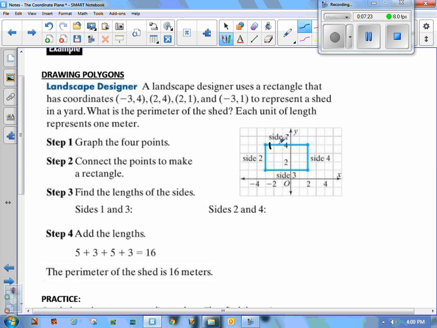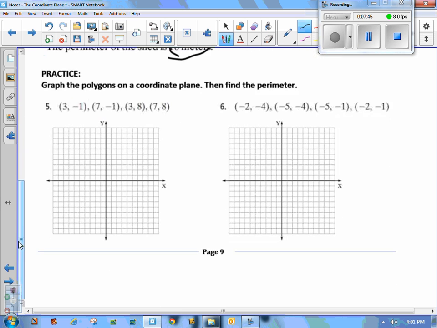So I have 1, 2, 3, 4, 5, 6, 7, 8, 9, 10, 11, 12, 13, 14, 15, 16 units distance between all those points. And remember, they said each one of those represented 1 meter. So we have a perimeter of 16 meters. So we're going to practice that here. We're actually going to have to graph our points on the coordinate plane and then find the perimeter of that